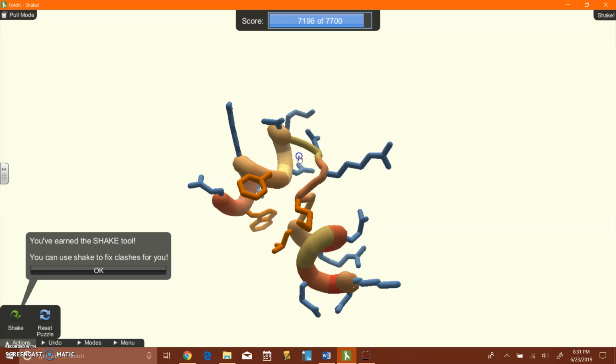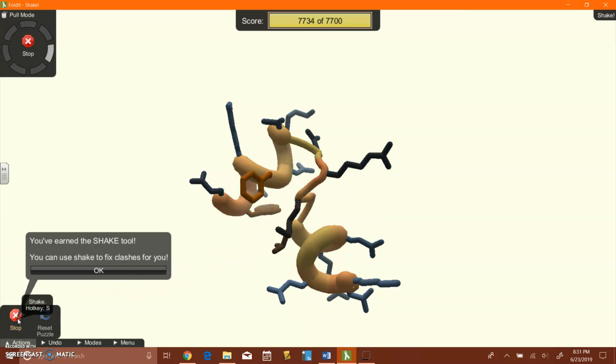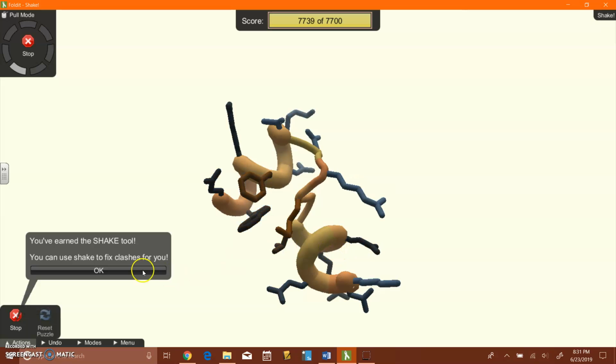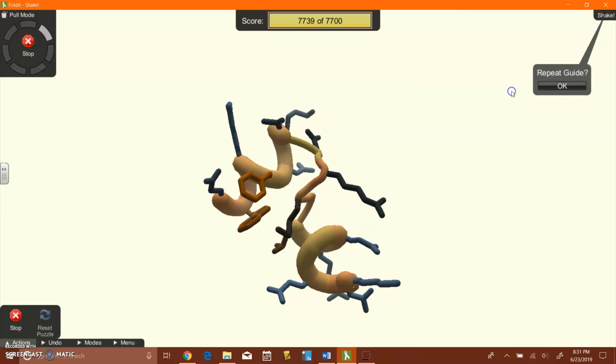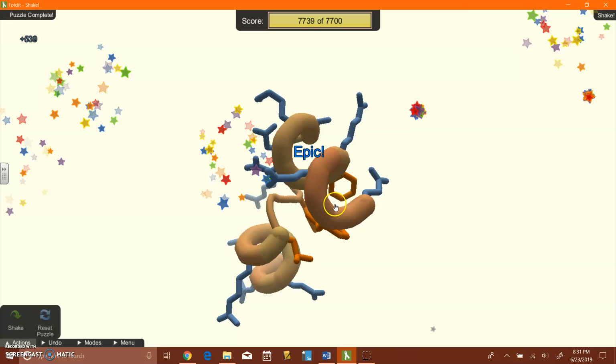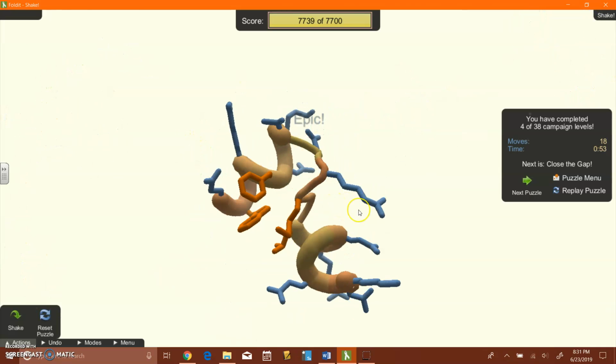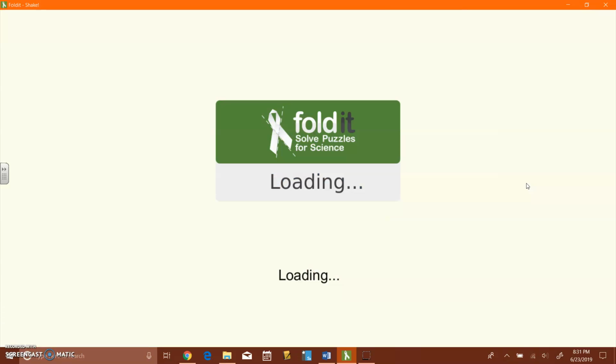Oh, apparently I didn't get the score high enough. Uh-oh. I don't know. Okay. Shake it. Ah, right. Forgot about that. Okay. So you can shake it, and then that helps you kind of shake out some of the weirdness and kind of optimize it a little bit. Obviously, I haven't used this program a whole lot recently, but